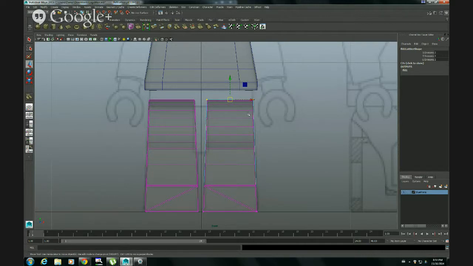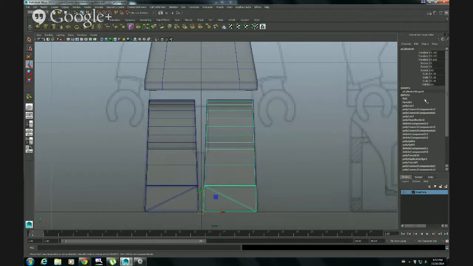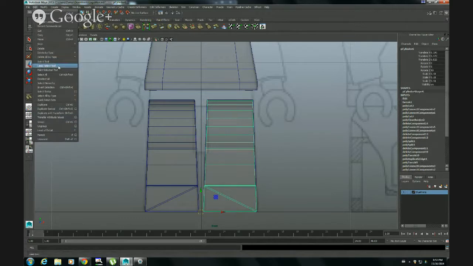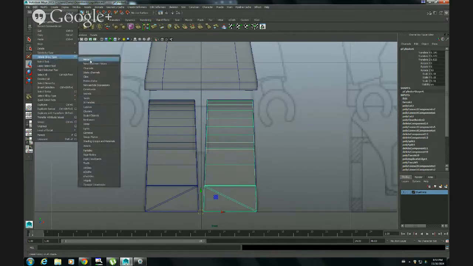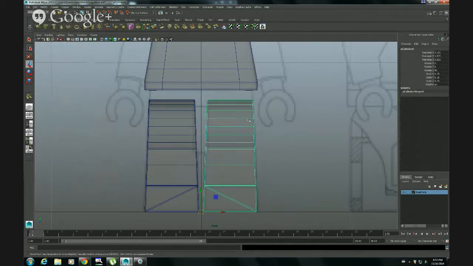And now I'm going to select the object, and I have a bunch of commands here which are the history of this object. The more commands I have, the heavier the scene becomes. So remember, I can get rid of all these things by going into edit and then delete all by type history. By doing so, I get rid of the lattice and all the commands,